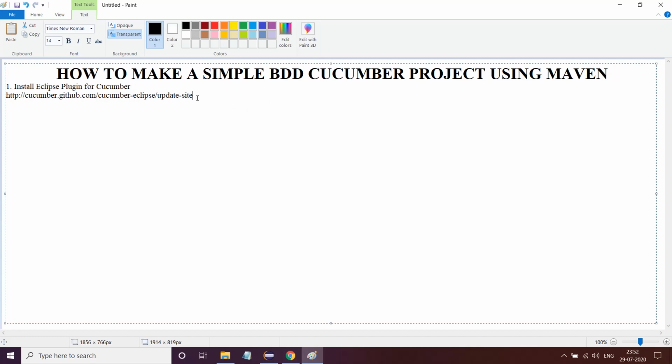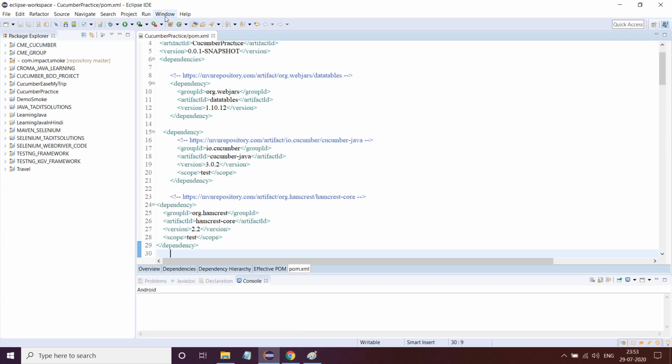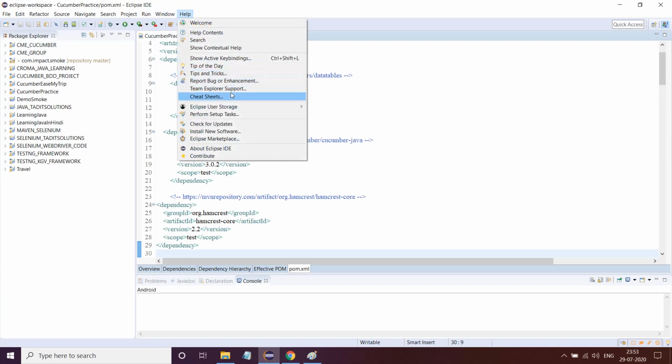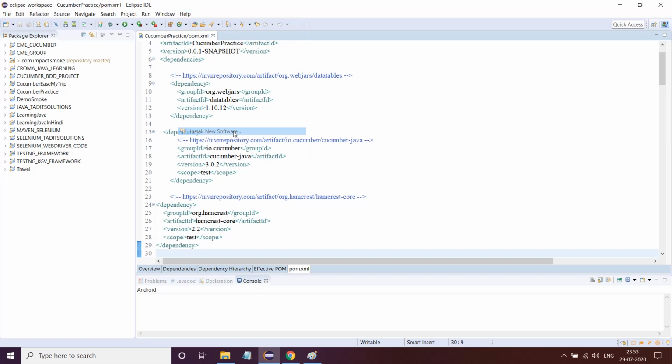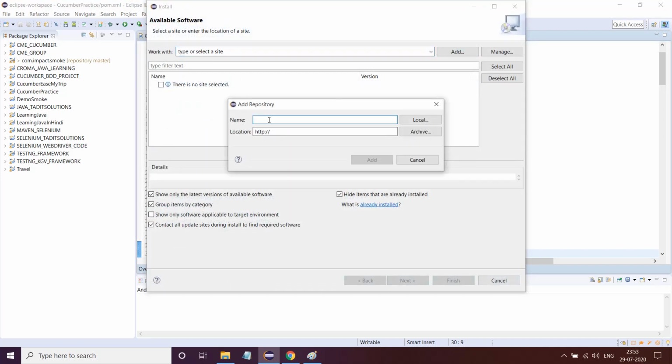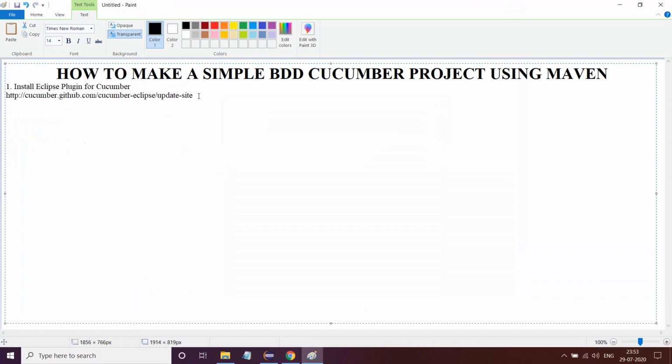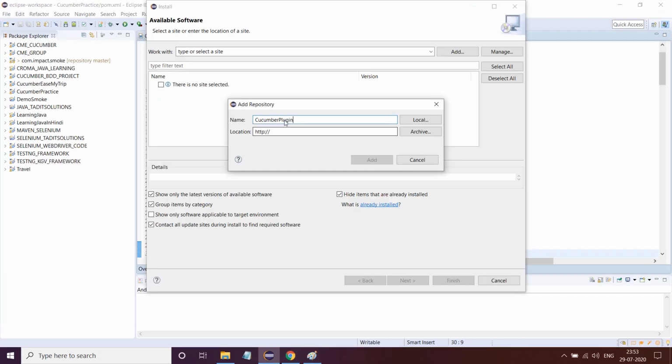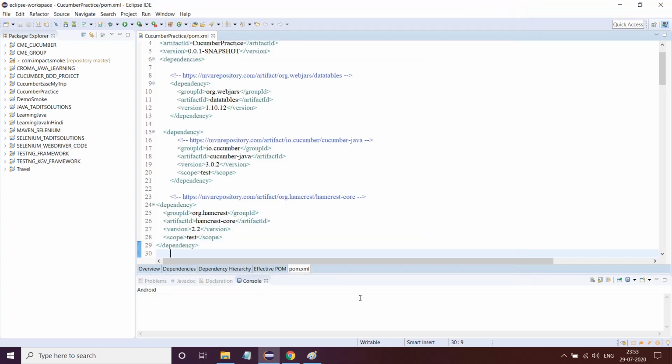So what you need to do is go to Help, Install New Software, and click on Add. Here you can write anything like Cucumber plugin, and you have to paste this particular URL here. Once you do this, add and follow the instructions. It will ask you to install anyway, and I'll write it down.